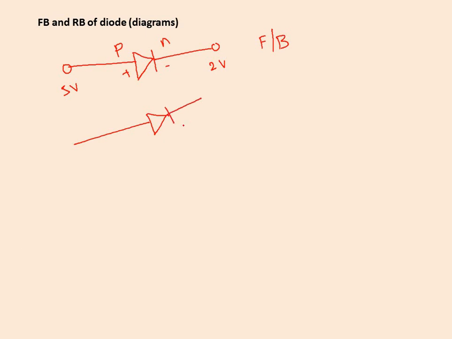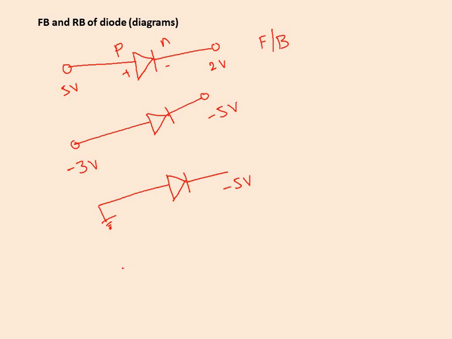Now if I give the potentials in such a way that to the positive side minus 3 volt, to the negative side minus 5 volt, even this is also the forward bias. One more also we can draw. Suppose I am maintaining the same 5 volt, instead of this, let's say suppose we ground this, even that also is the forward bias.